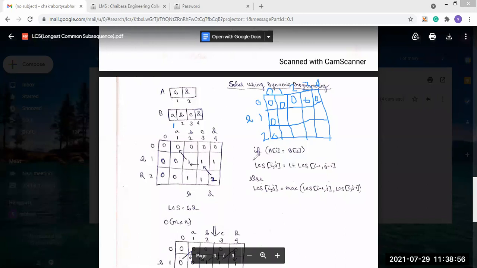मेरा B D का था 1 और 2 में, so we will write here B and D, और इधर हम लिखेंगे A B C and D, ठीक है। अब इसमें क्या है देखो, मुझे ये दिया हुआ है टोटल जो मेरा algorithm है। अब इसमें मुझे चेक करना है कि diagonally same है क्या नहीं। If characters are same then we will put this 1 plus LCS i minus 1 comma j minus 1.